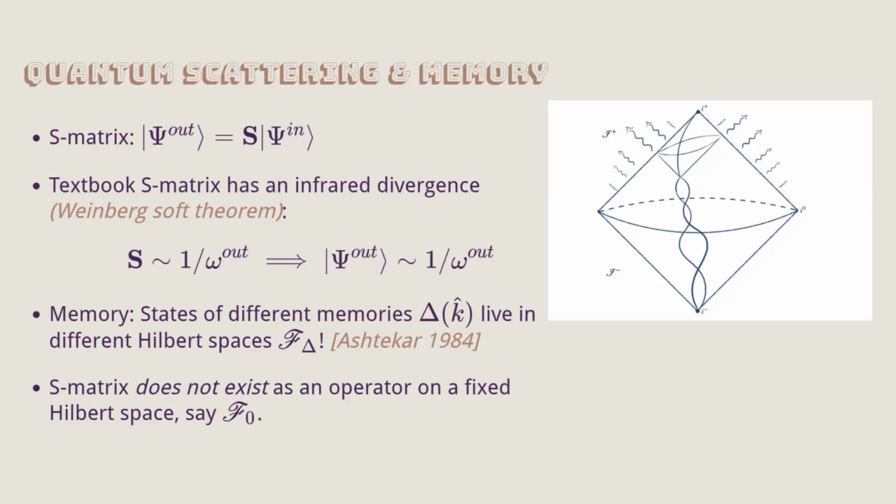Okay? It's also confusing because if you're saying that a physical experiment can create memory, how can it be in a different Hilbert space? I mean, you're doing some experiment and in principle this is measurable. Correct. So what does it mean to be in a different Hilbert space? It just means that it's allowed to emit an infinite particle number at small frequencies.